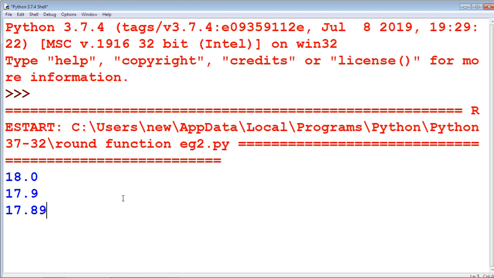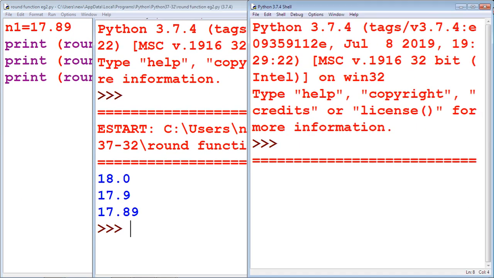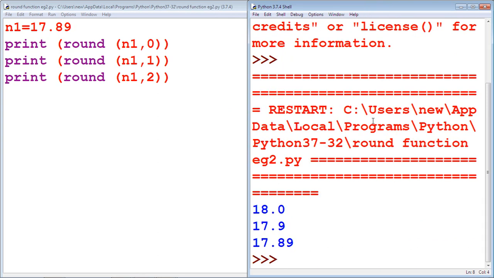Run this module. Here is the resultant value: 18.0, 17.9 with one digit, no digits, and two digits. See this example.